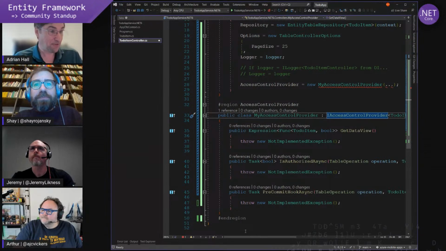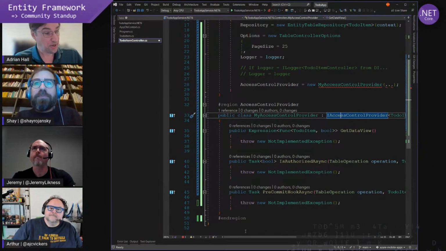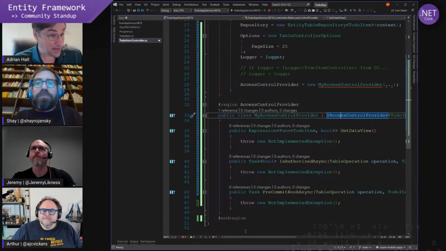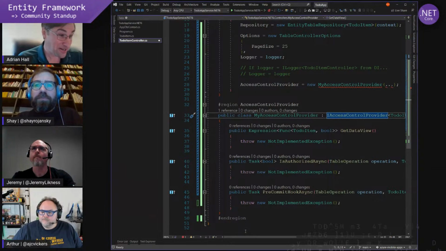For example, if you're creating a new record in a personal table, you want to attach the user ID into the record from the authorization and not trust that the user is sending you the right data. You might not even expose that data to the user. So the pre-commit hook allows you to modify the record immediately before it's stored in the database. Makes sense. And that's all you have to do.